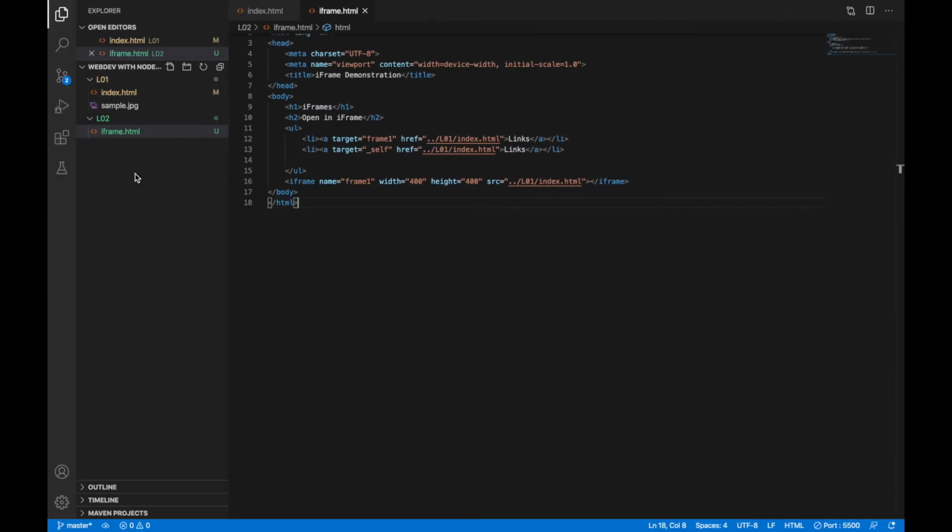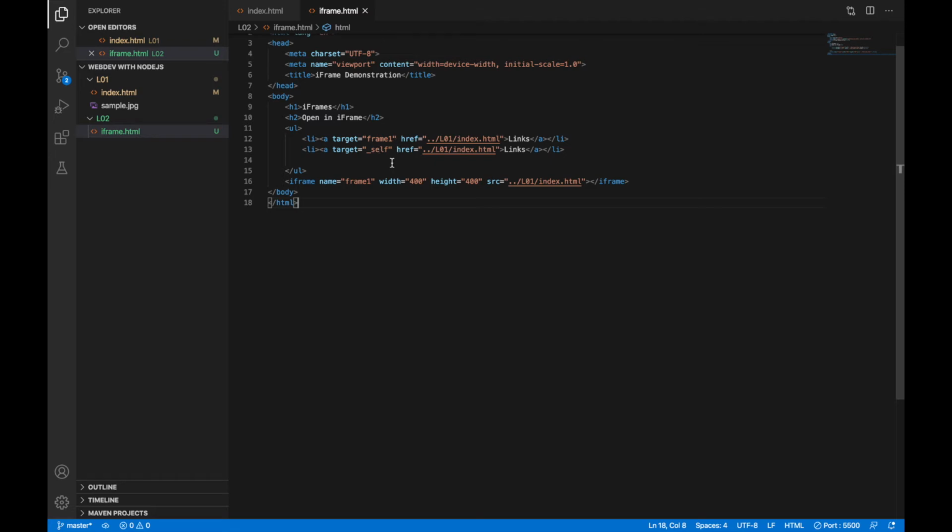So this was about iframes. There are two more types of targets. One is called parent and one is called top. For example, if you consider nested iframes, within an iframe there is another iframe. When we give the innermost iframe the value top, it would open the link in the main iframe box.